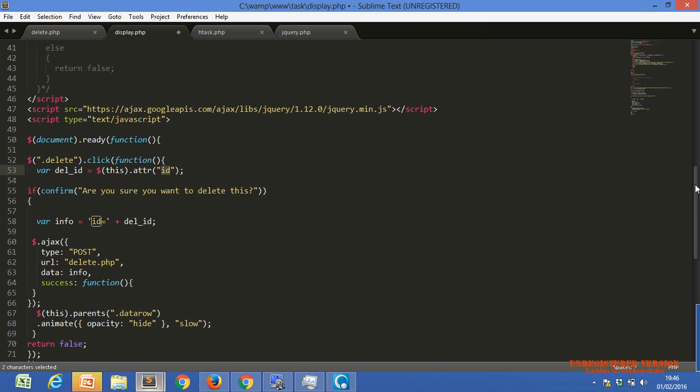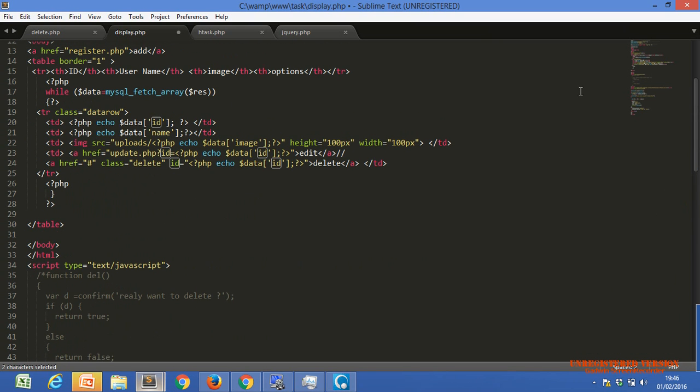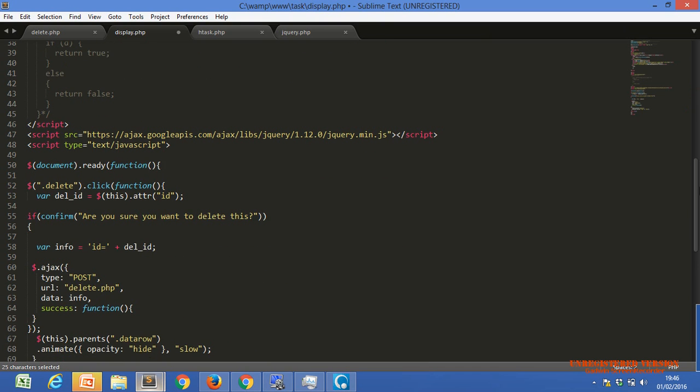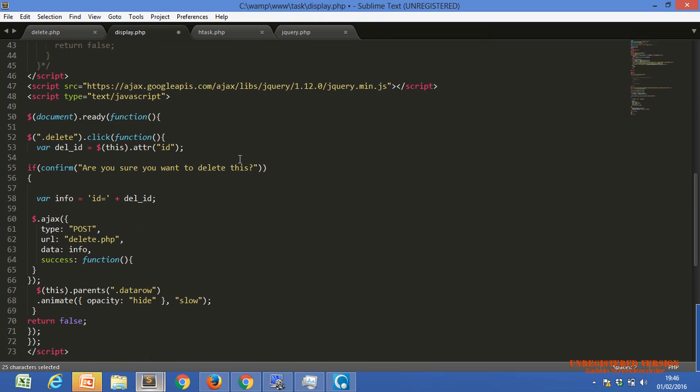What will we get? The anchor tag ID. Whatever is the value within the ID, we will get that value. Nazar, do you get the working? Attr is one of the functions.